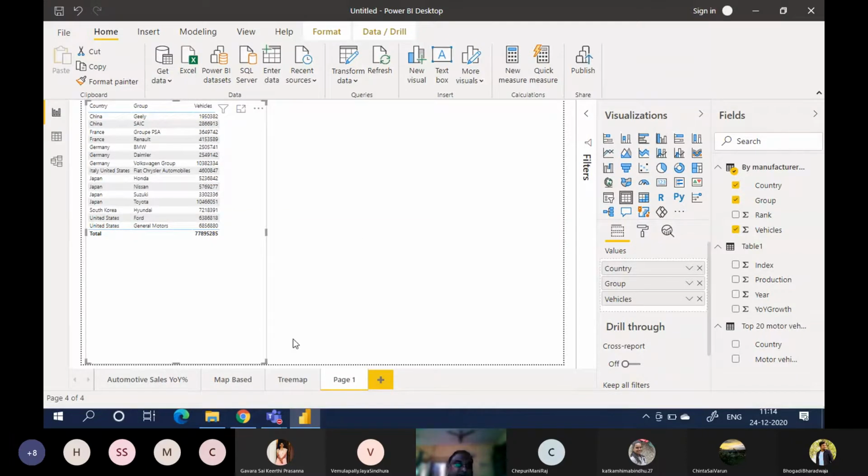Now, what type of visualizations can be done on this data? Can anybody experiment and tell me? What is the preferred visualization on this data? So what is our preferred visualization on this data?